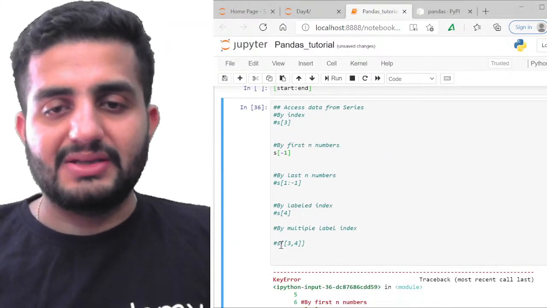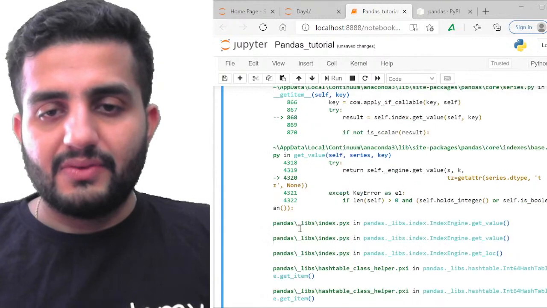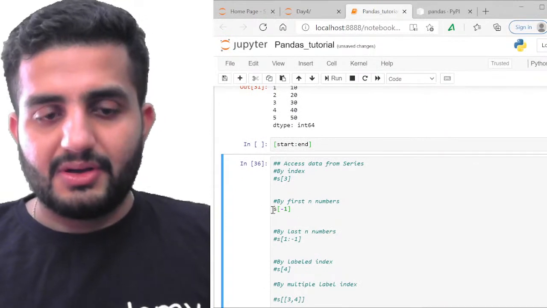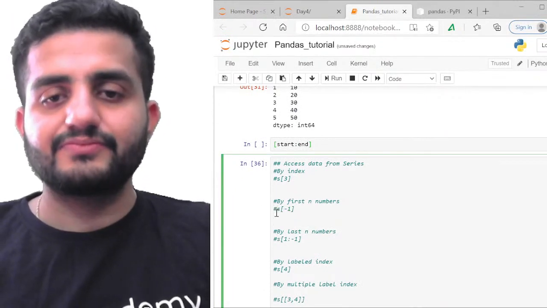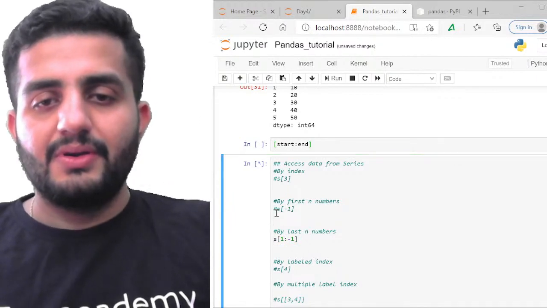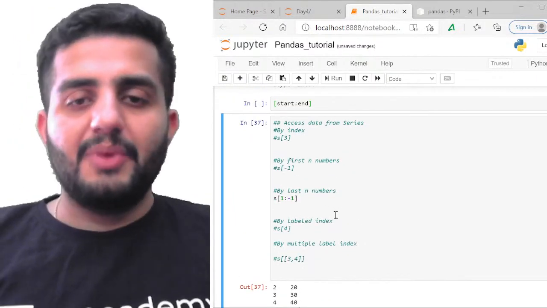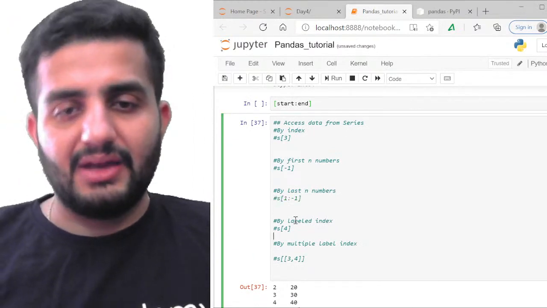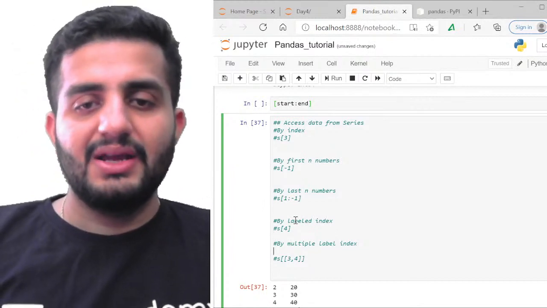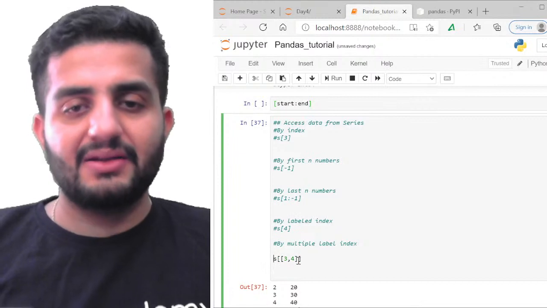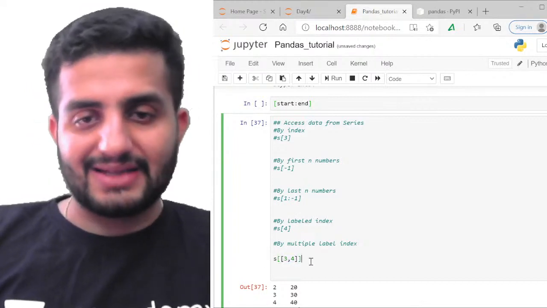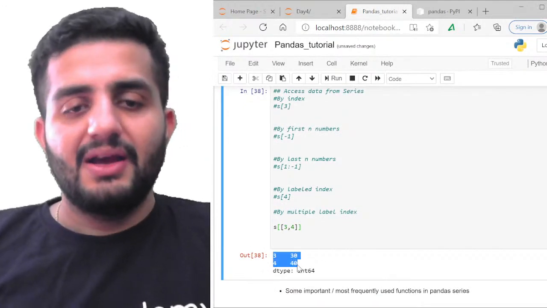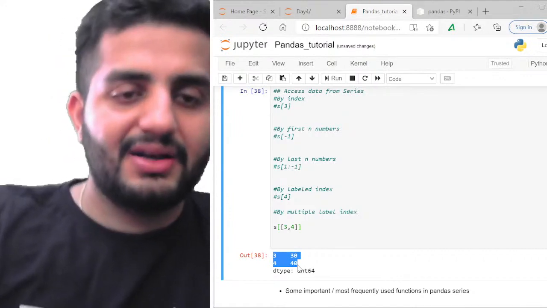So by default, this is again simple. What is this? Error. Check this. Right. So likewise, there are multiple ways of accessing it, right? You know slicing and dicing of the data already, and even you can pass multiple label indexes. So if you want, say, 3 and 4 to be there, you have to pass it in a nested list on top of my entire slicing. So if you do this, you'll be getting exactly those indexes' values. So it's basically a few ways how you iterate the data.